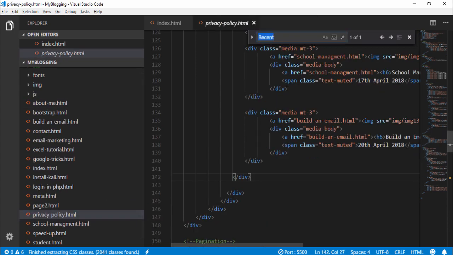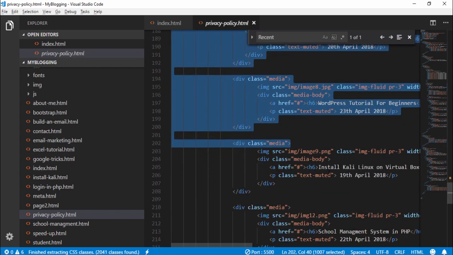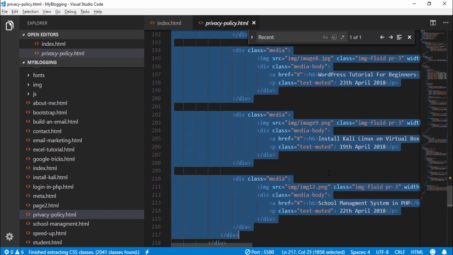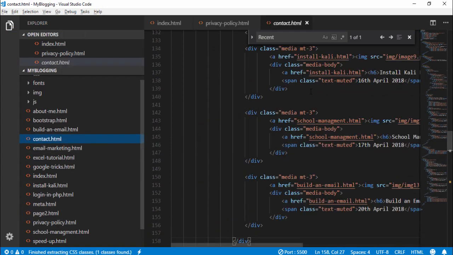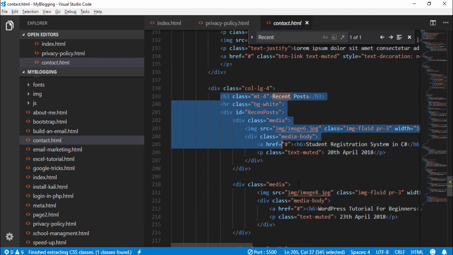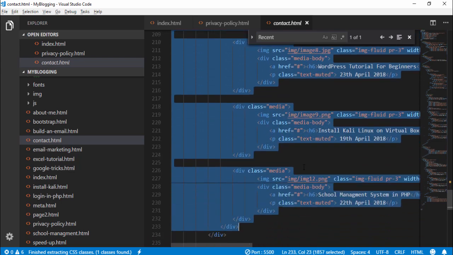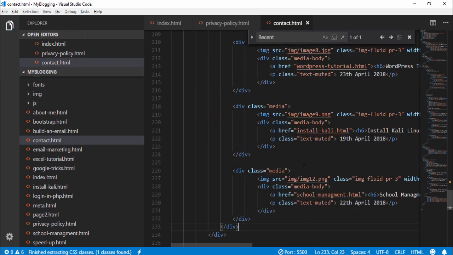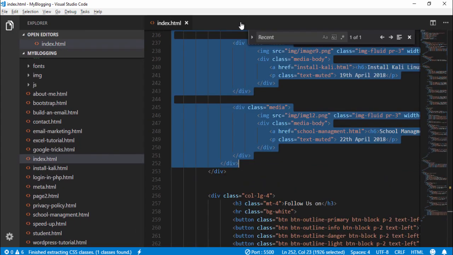Okay, and find recent and select the codes, paste it, save it and open the contact page, find the recent post and select the codes and paste it. Right, now we have successfully included the footer links on each page, but we need to include